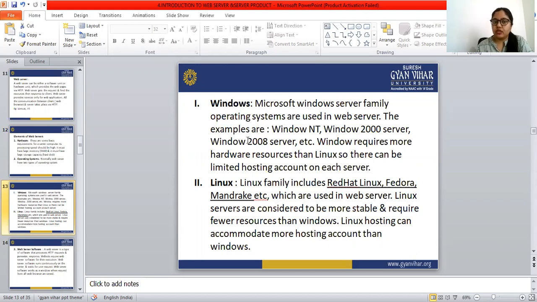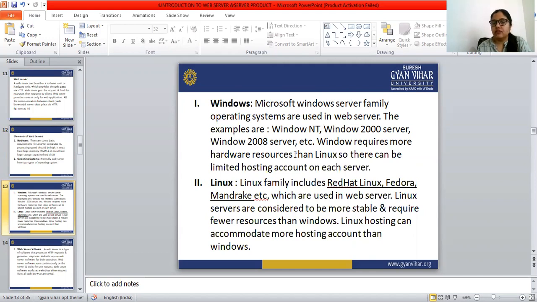The Microsoft Windows Server family of operating systems is used in web servers. Examples are Windows NT, Windows 2000 Server, Windows 2008 Server, etc.